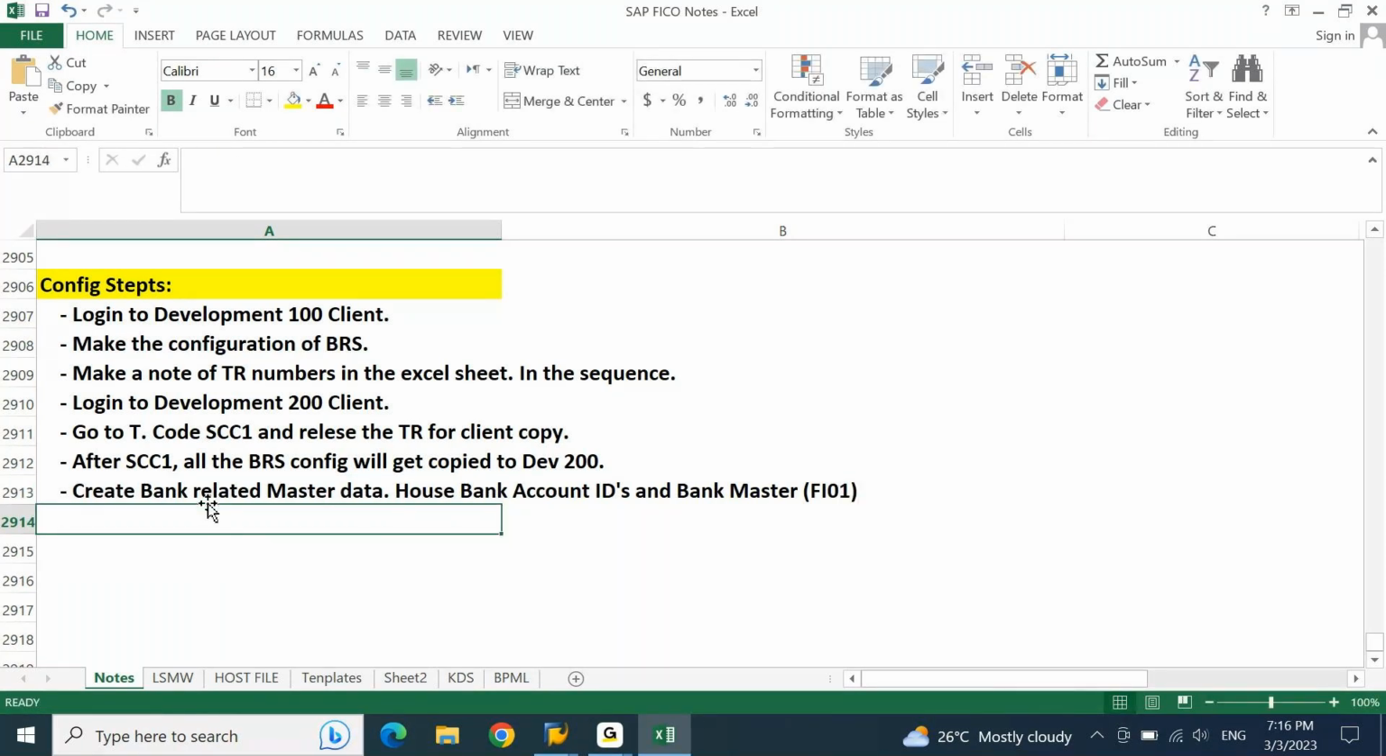Make sure if these are already available. If not, you have to create, because these two are master data and are to be created in every client separately. Once you have created bank master transactions, next you have to create